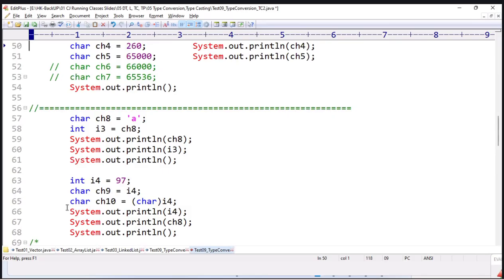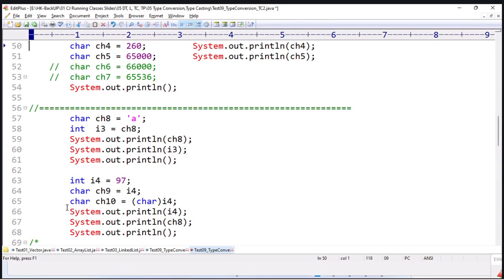Come on, how long will you look? Answer quickly. 97 can be stored in int. What you have to pronounce: 97 int, 97 int, both you have to consider. 97 can be stored in int. Okay, next, what I have written: I4. Tell me, can I store I4